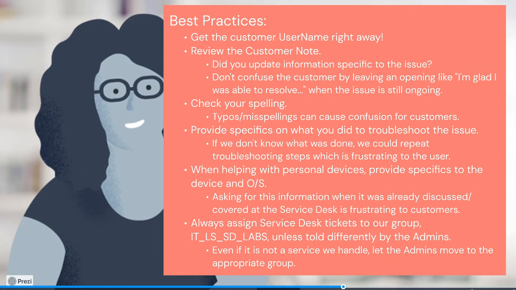Always do a final check of the customer note. Is the information correct? Are you sharing specifics of the troubleshooting steps or details regarding the issue? We want to provide clear information to the customer. It's okay to provide the issue details in this section. You don't need to create a separate internal note. For example,